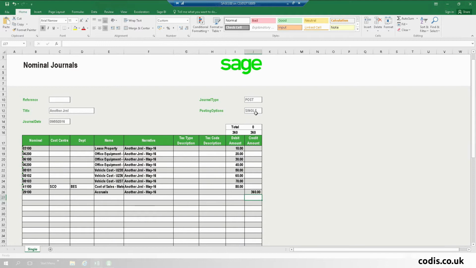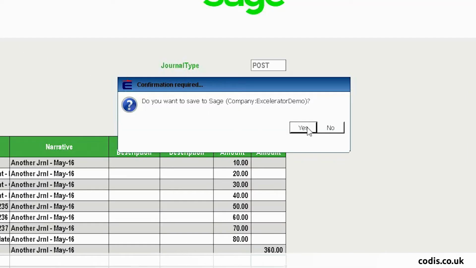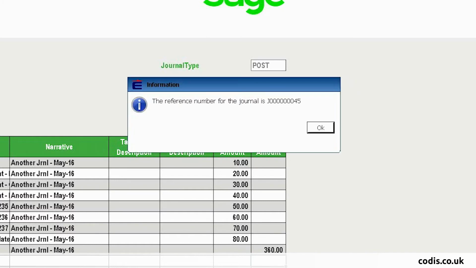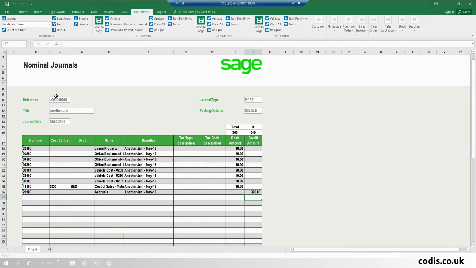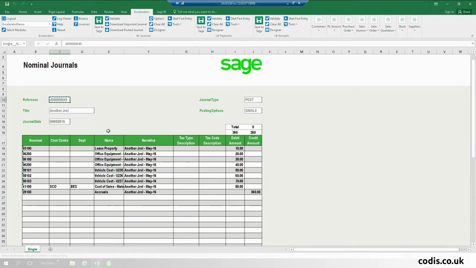Okay, on this occasion I'm doing a post journal, and because I'm doing a post journal, when I go back to my Excelerator ribbon and go to the NL Journal panel and click on Save to Sage, this time I'm posting a journal and it assigns a journal number, whereas the last time it was a held journal. This time it's a post journal and it assigns a journal number and saves it onto the spreadsheet for me. So if I go back to the actual spreadsheet, I can copy the journal number back into my Sage 200,